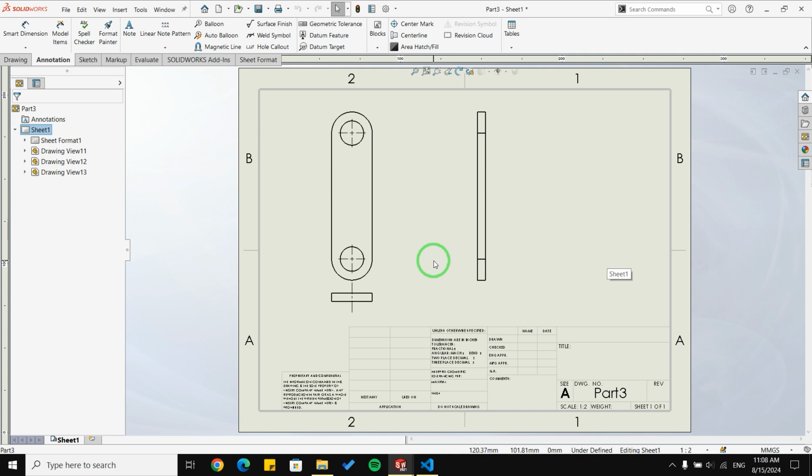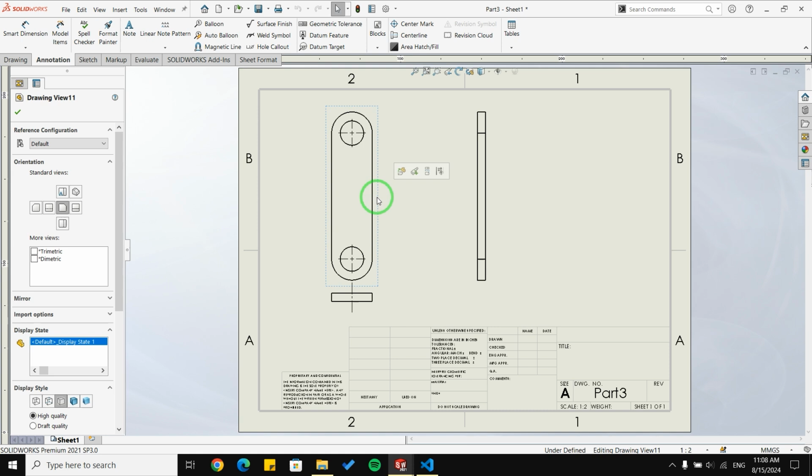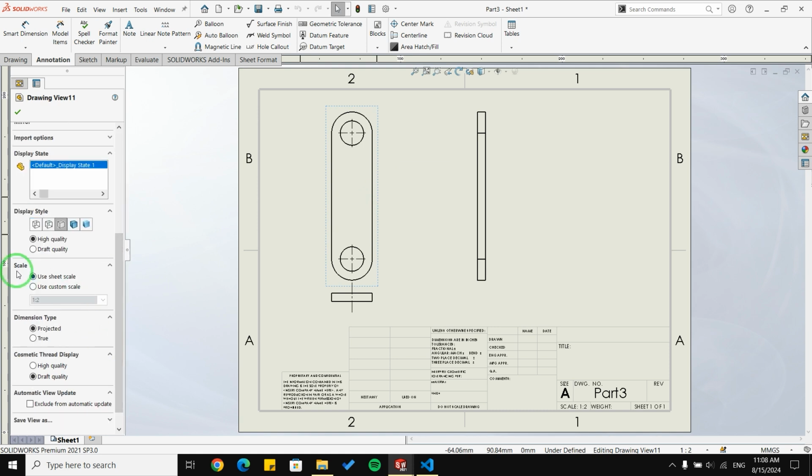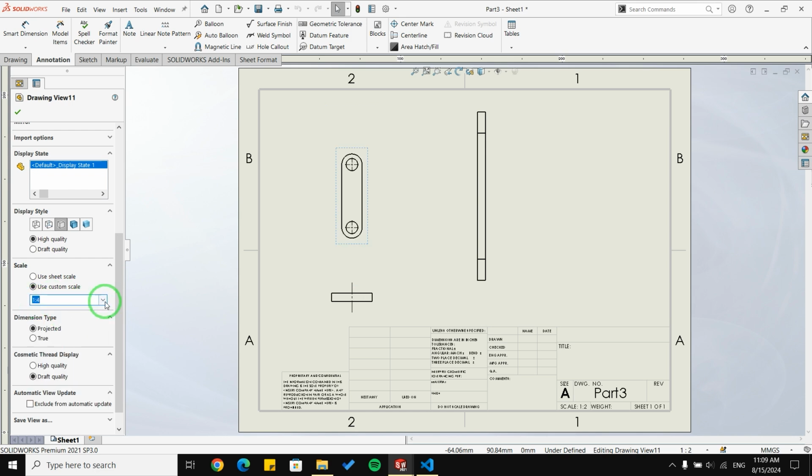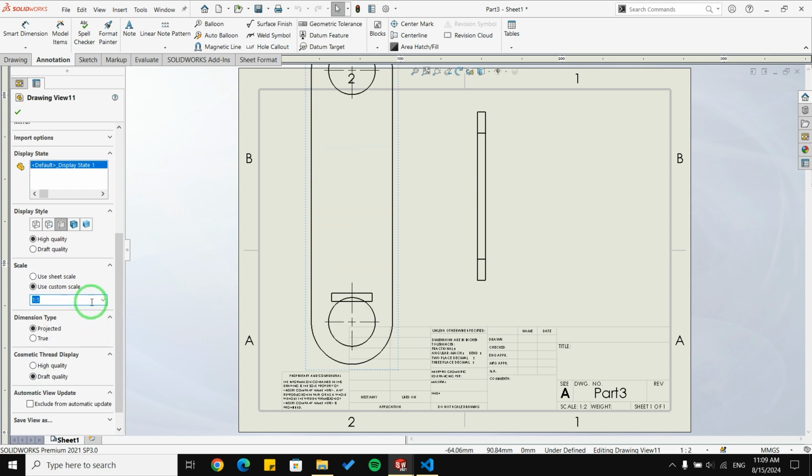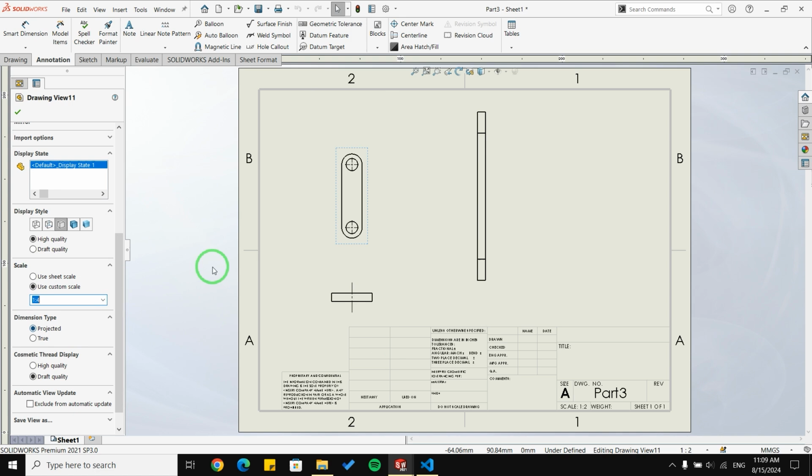Okay, I forgot to mention a very important thing in the part 2 drawing video, and it is how to change, let me show you, the scale of a view. As you can see in SolidWorks, the program itself decides how to set the scale for our views, but sometimes we need to change it. For example, I want it to be 1:4 instead of 1:1, or even 1:1. So how to change it?